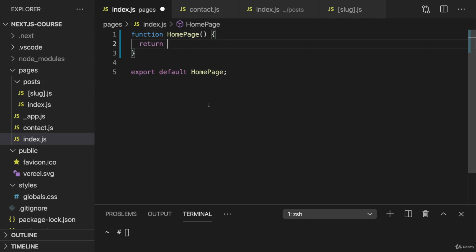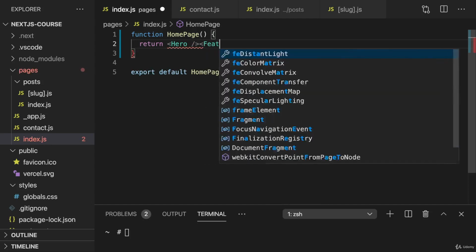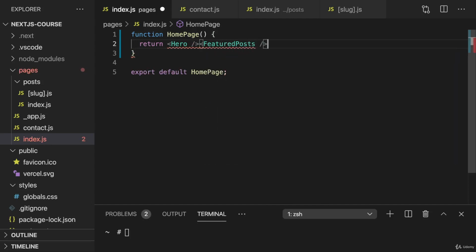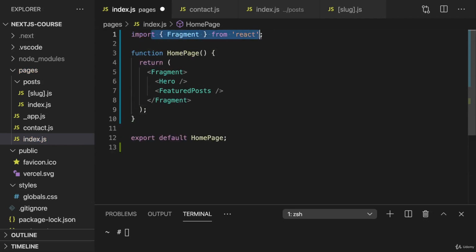So in the homepage component, we could want to output a hero component side by side to a featured posts component. And of course, we would need to wrap this with a fragment. So with this fragment component provided by React, since we're not allowed to have adjacent JSX elements otherwise. Now, of course, such a hero and featured posts component doesn't exist yet, and hence it's now our job to